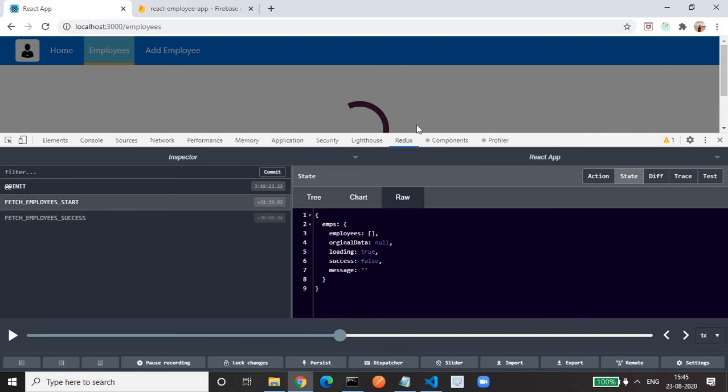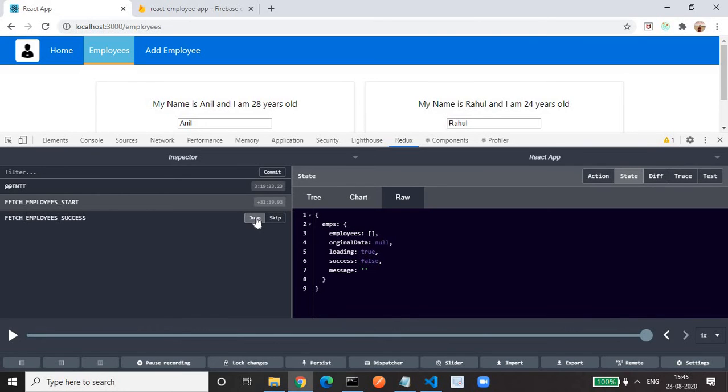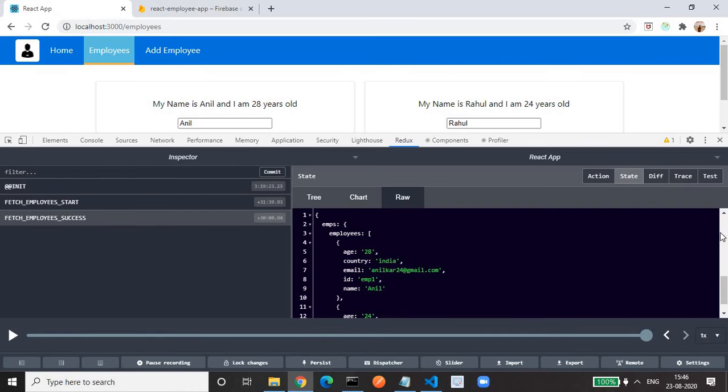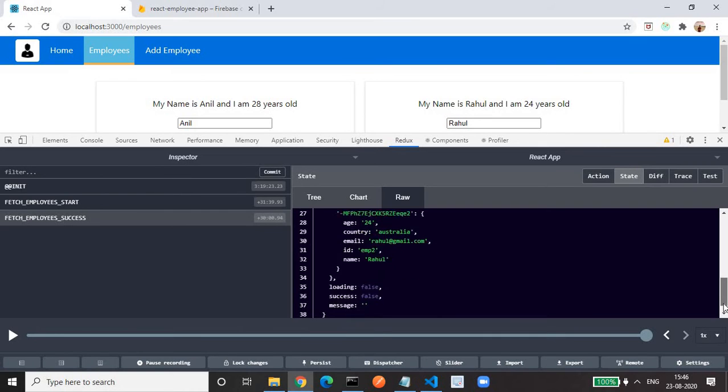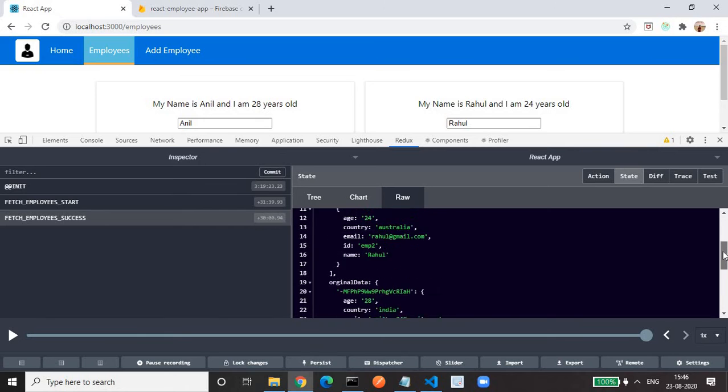This is useful only for showing the spinner, so the spinner will be shown until the data is fetched from the database. Now we jump to where data has been fetched. The spinner disappears. Now the loading gets false, along with employees. Employees have some data, original data also has some data, and loading is false. That's why the spinner disappears.